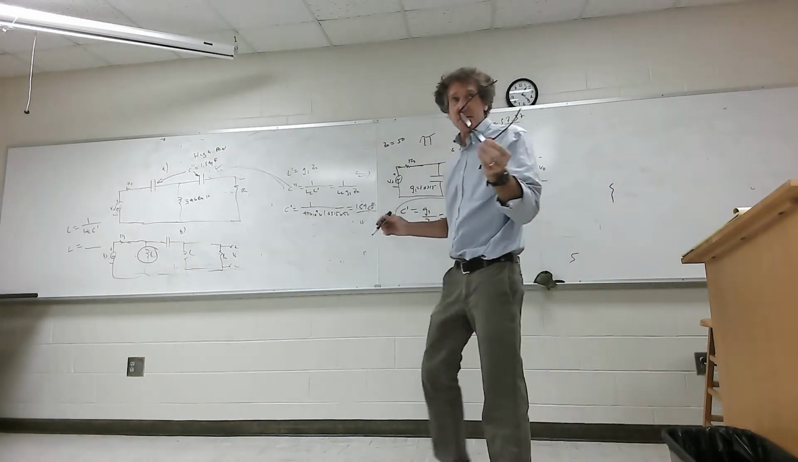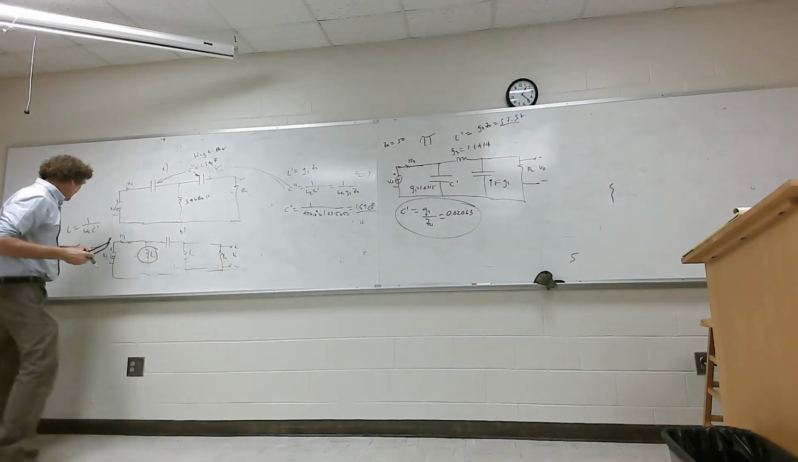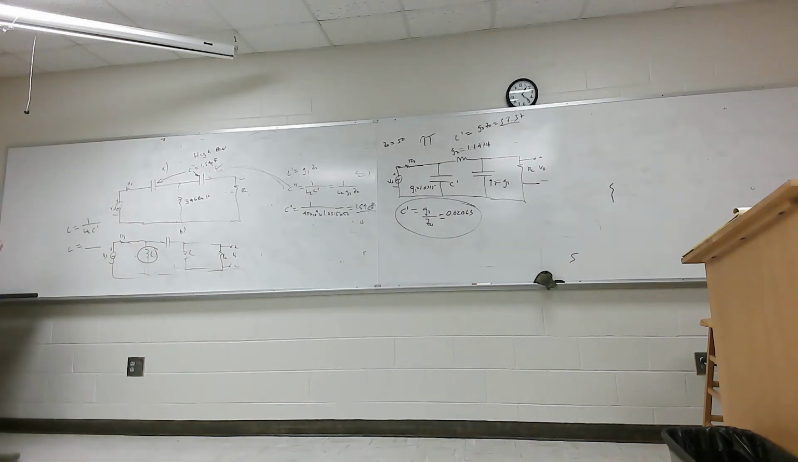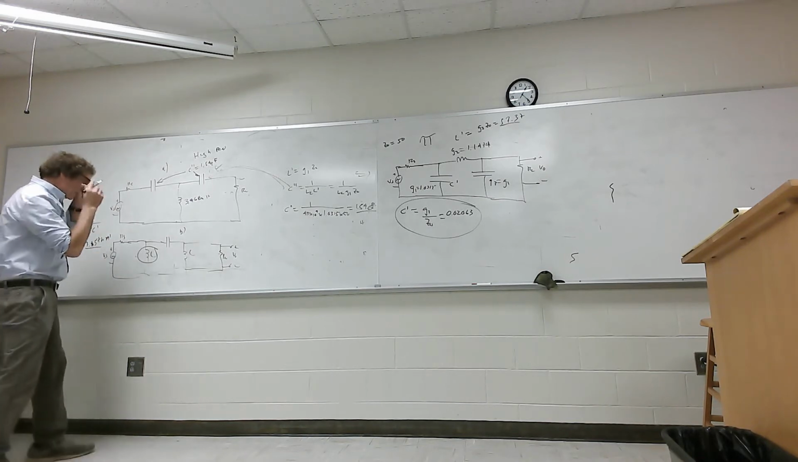I don't think he has this answer in the book. He uses just the T filter here, but what do you get for that one? For L? Yeah. 3.857 nanohenries. And for C here,